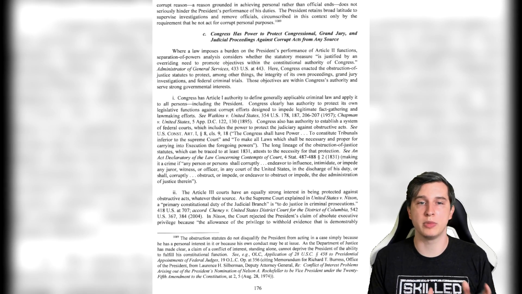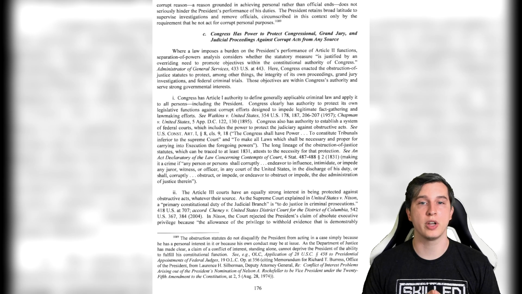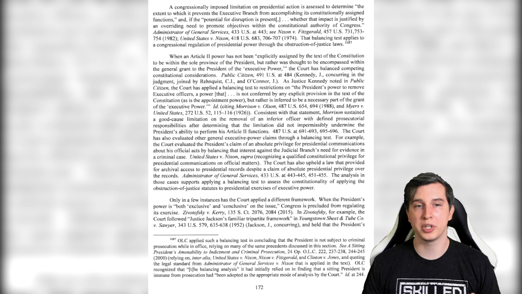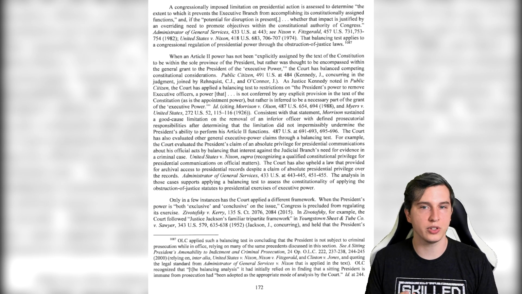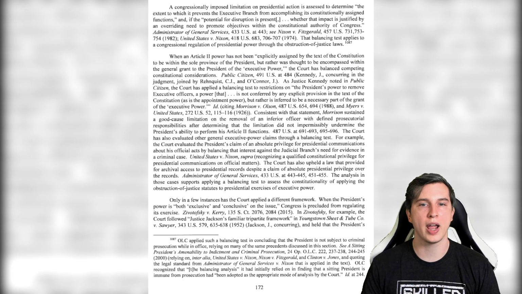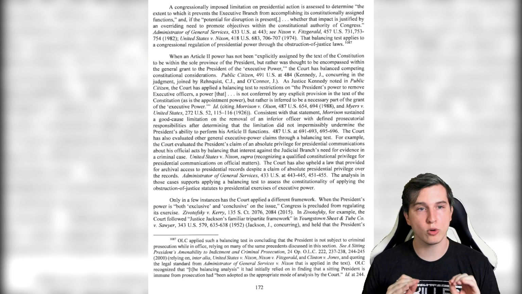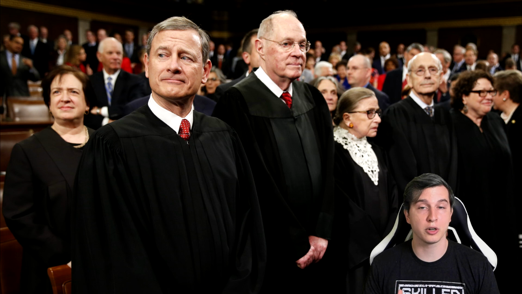Now, the Mueller team disagreed with this. They felt that the president could be charged with obstruction of justice if he used his office or his official capacity for personal gain or to obstruct a case into himself. However, the Mueller team did agree with the president's lawyers that it is a complex issue and that it would likely be an issue for the Supreme Court to decide, because as of right now, there's no legal precedent on this matter. Something like this has never happened before, so there's no legal precedent, as settled by a high court,